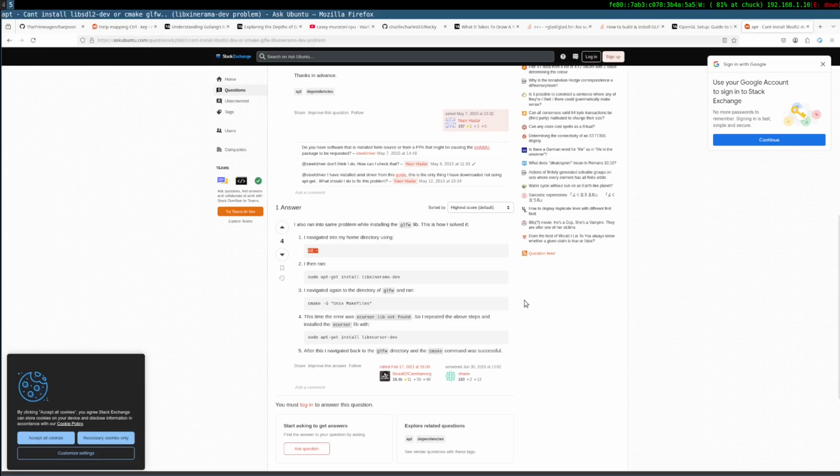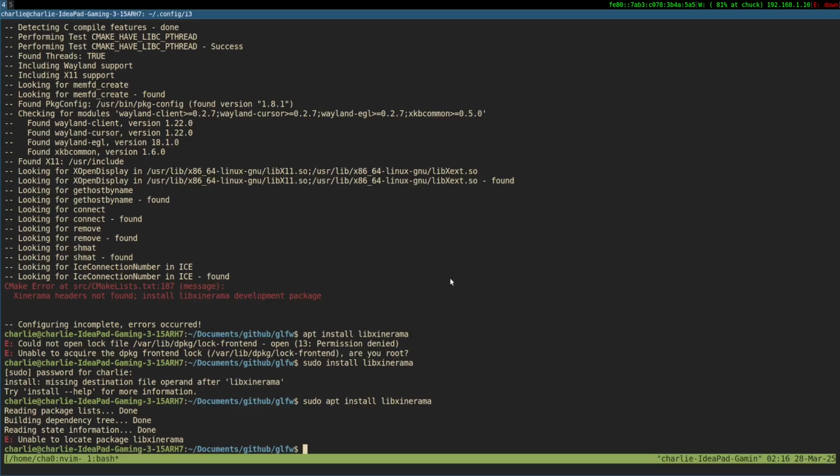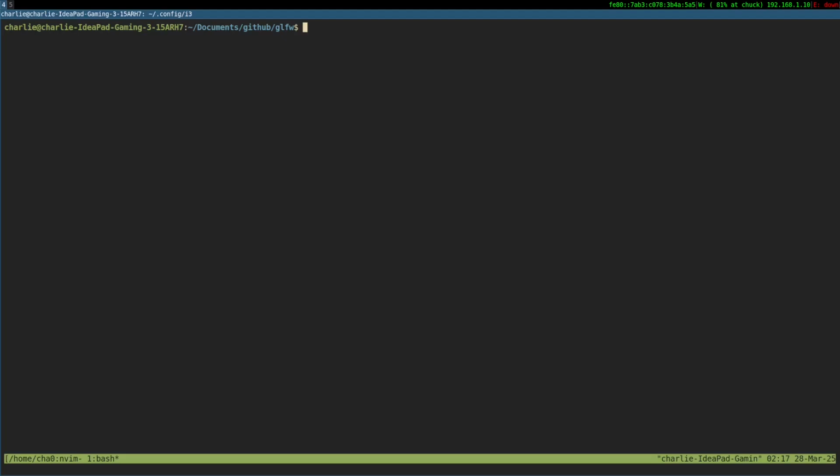Navigate to the Unix Makefiles. I might be really dumb in this case.